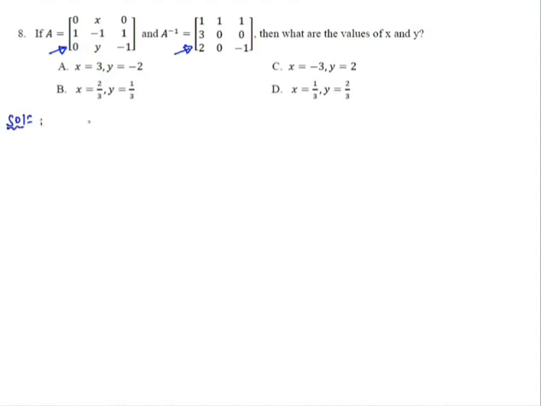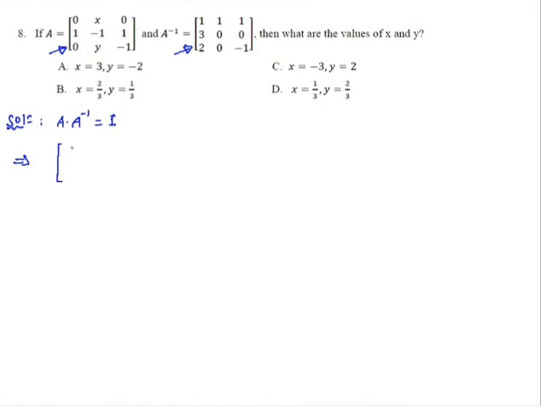If A and A inverse are given, from the property of inverse matrix, A times A inverse is always an identity matrix. The product of a matrix with its inverse is always an identity matrix, so we apply this concept to find the unknown variables x